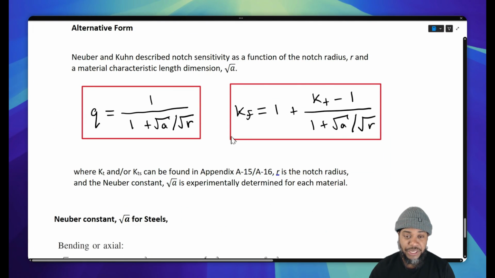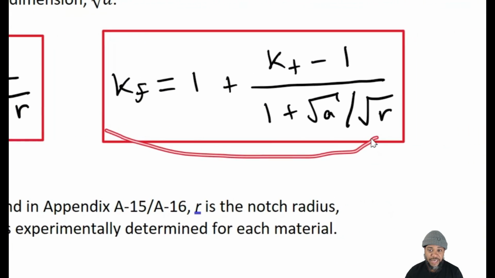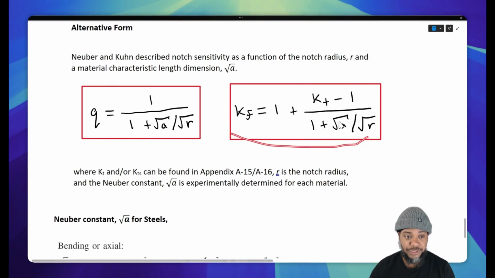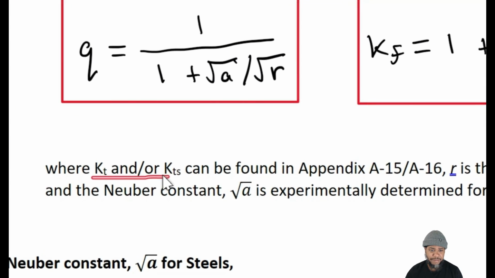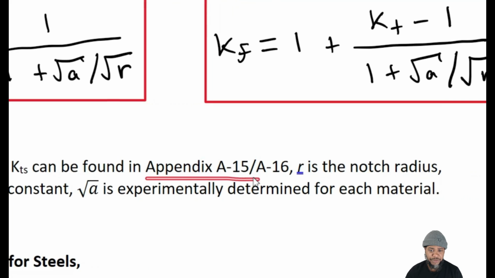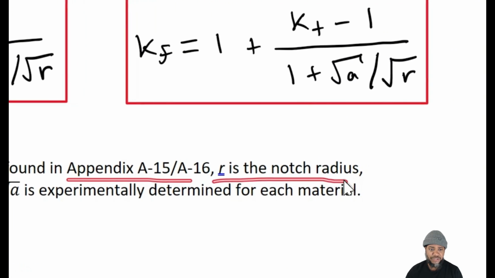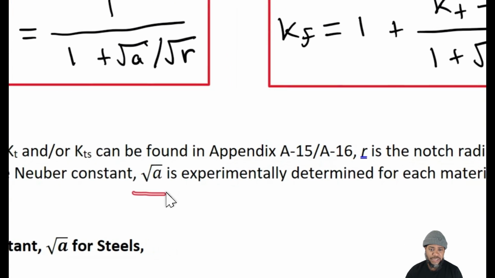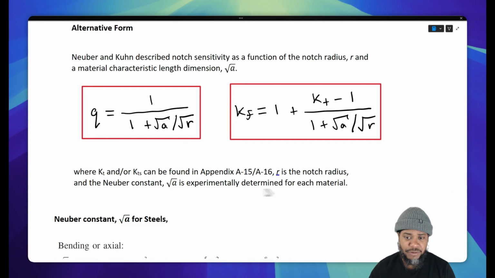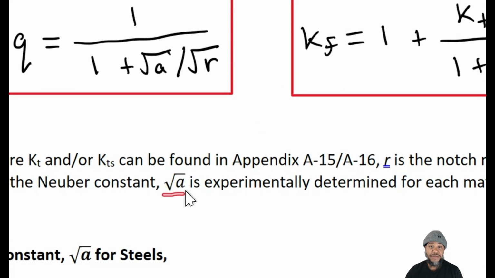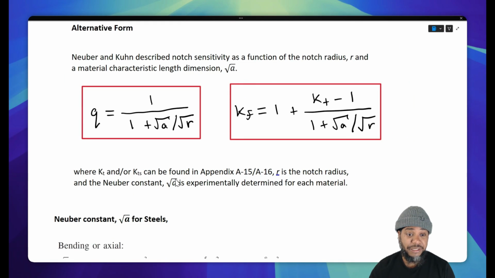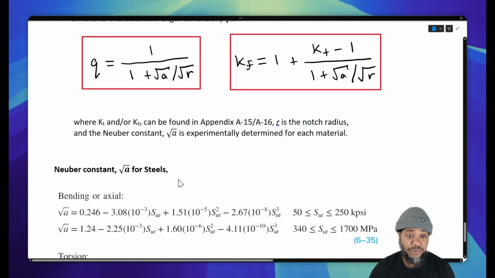There is also a relationship for Kf, which is a function of that characteristic length. The Kt parameters, of course, we can pull from the appendix. The r is the notch radius, and then the Neuber constant is something that is experimentally determined for each material. Now, the advantage of this Neuber constant is that rather than having charts for finding this constant, instead we have